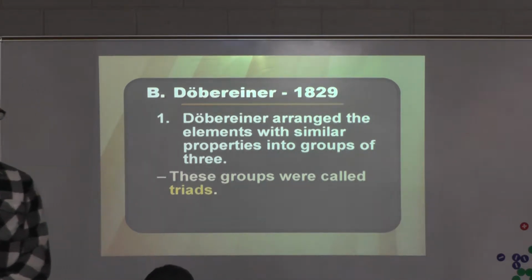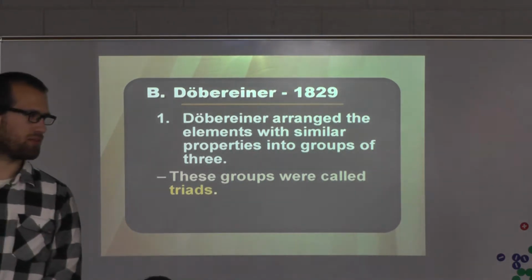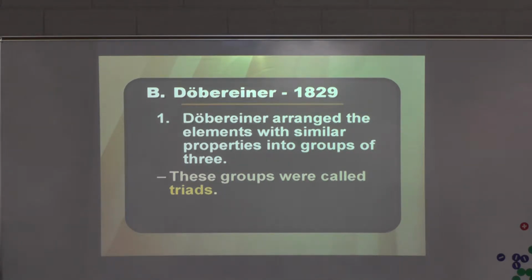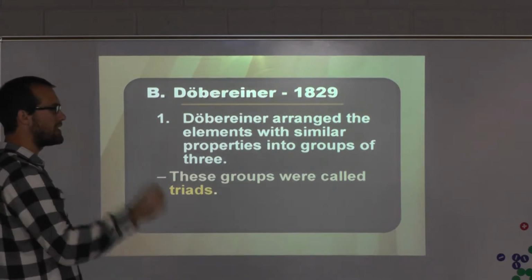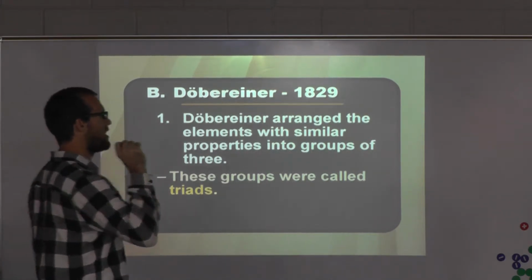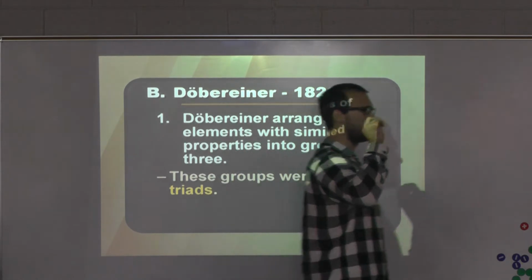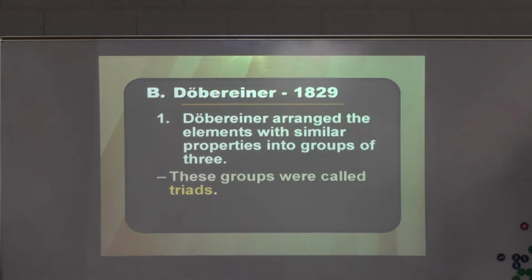Guys, when it comes to the periodic table, and who helped discover the periodic table, it's Döbereiner. Okay, so really what Mr. Döbereiner, Johannes, did that was so significant for our discovery of the periodic table of elements is he noticed that there were certain elements that acted very similarly. And what do you think